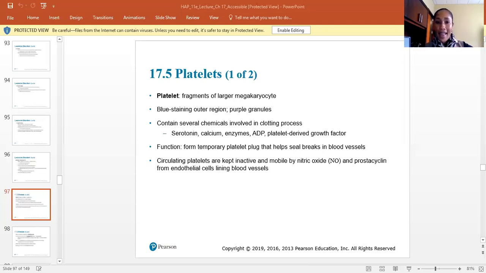If someone is type A, then when we mix the blood sample with the anti-A serum, we'll only see clumping for anti-A, but we won't see it for B. So this lets us know that this blood sample contains agglutinogen A on the red blood cell surface. If we mix a sample of blood with the anti-B serum, we don't see clumping with the anti-A, but we see it with anti-B, meaning that that blood sample